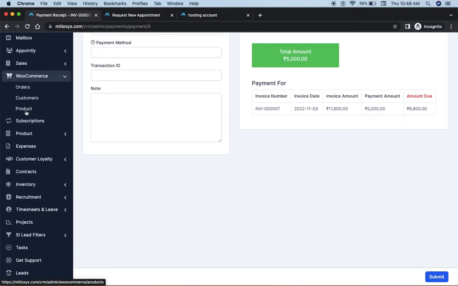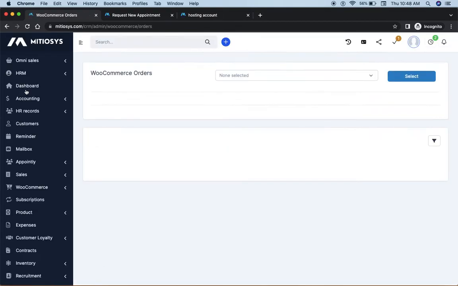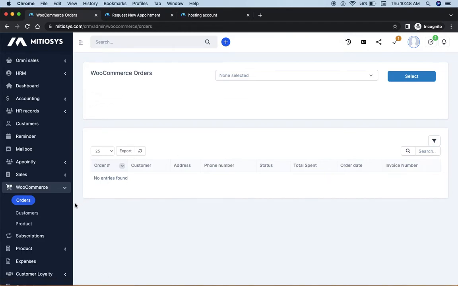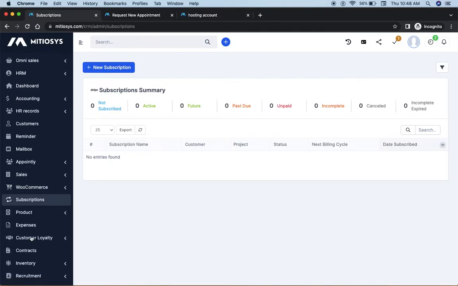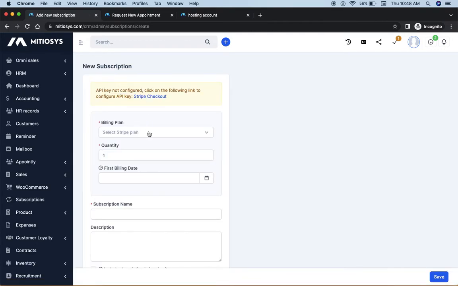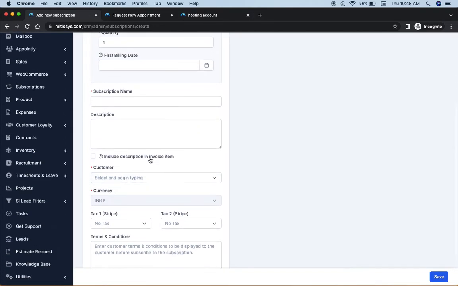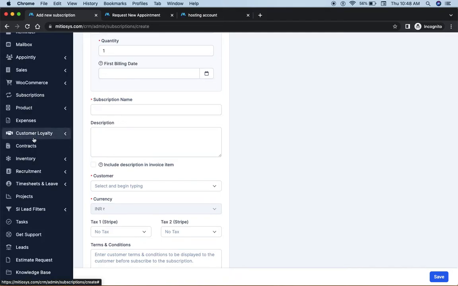Now this WooCommerce section is basically for the integration of WooCommerce directly. Okay, so if you receive any orders inside your WooCommerce website, then you can be able to find all the details from here also. So okay, this is the subscription part. Subscription part is basically for the customer. You can create new subscription services. Okay,